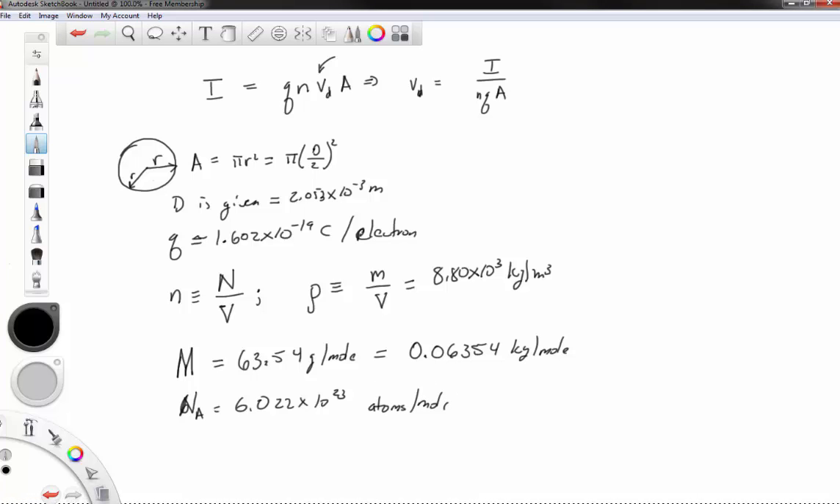So this is how many atoms do we find in a mole. This is how many kilograms do we find in a mole. And of course, last but not least, we have 1 electron per atom. So if we combine these four numbers, we get the number of electrons per unit